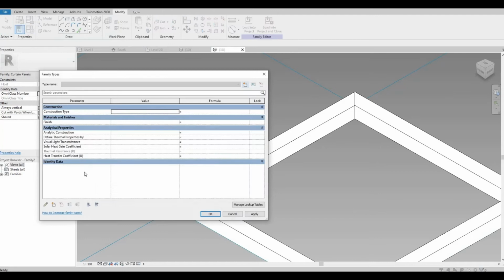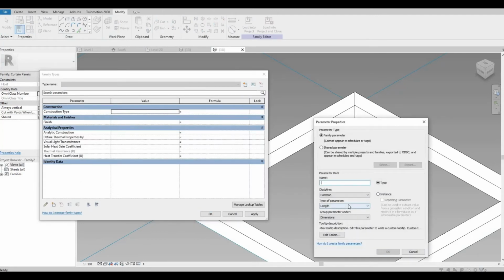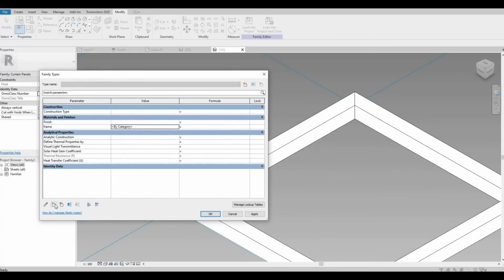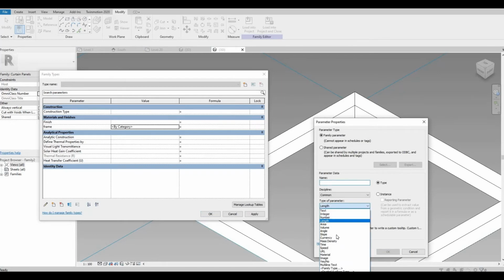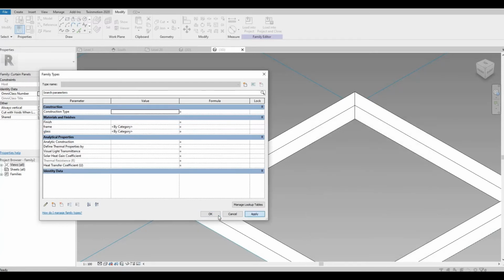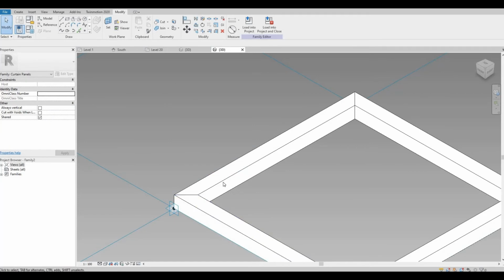Click Family Type, click New Parameter, change the type of parameter to Material, and this will be the frame. And let's just create one for the glass. Press OK, apply OK,